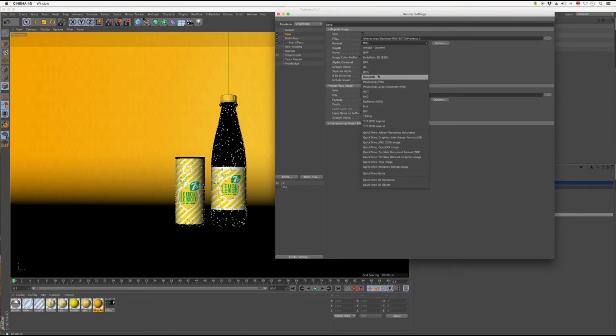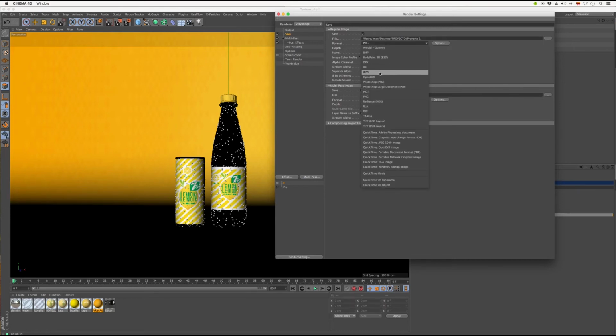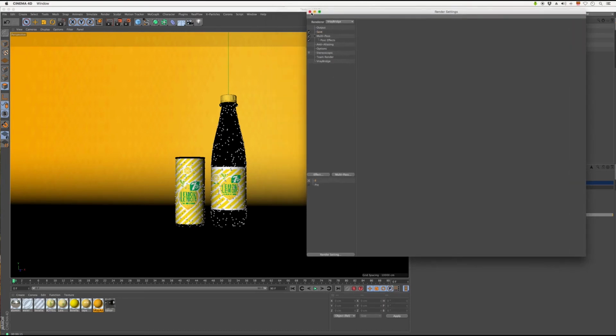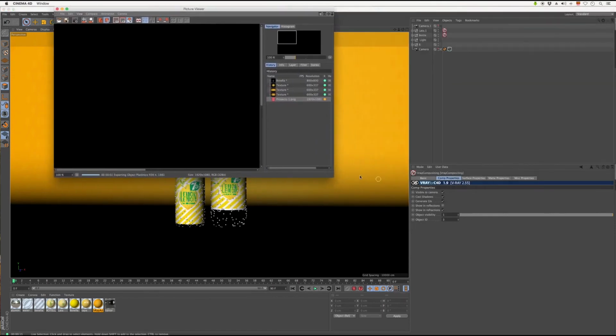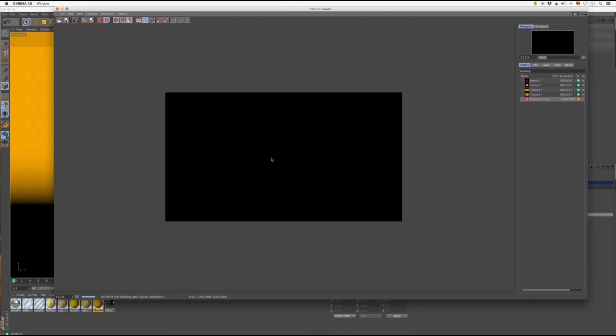You can use a JPEG format, PSD, PNG, whichever you want. You can also adjust the depth. Okay, in PNG we have 16 bits, but for example in OpenEXR we have 32. Now I'll go with PNG, copy it here too, and now we can render the image. We just need to go here to render and wait until the image has loaded. And when that's loaded, we'll have the final image of the bottle and the can for the advert of our